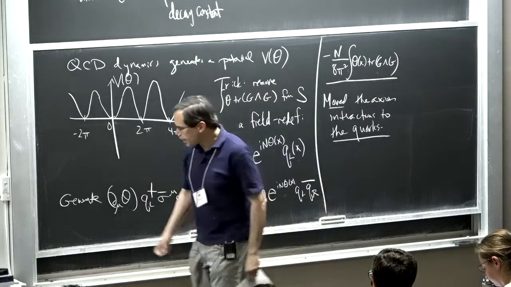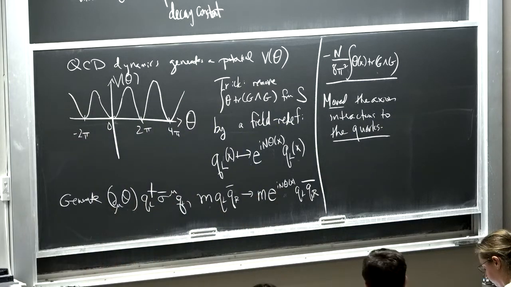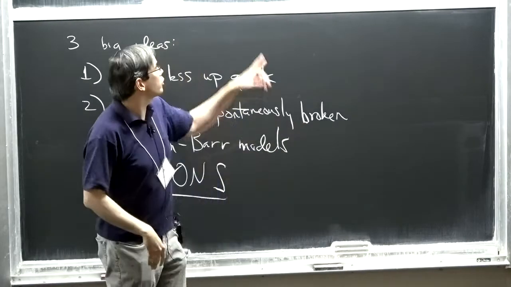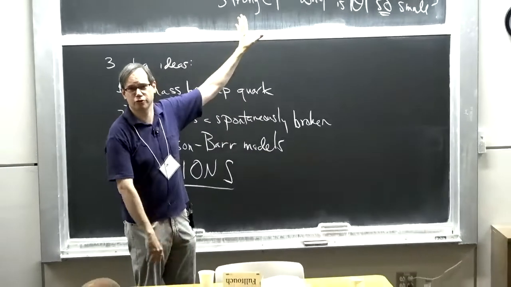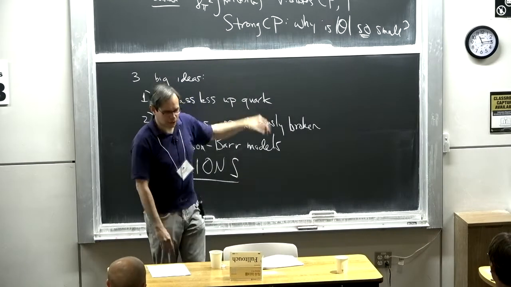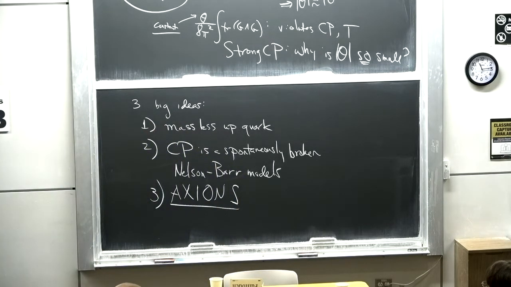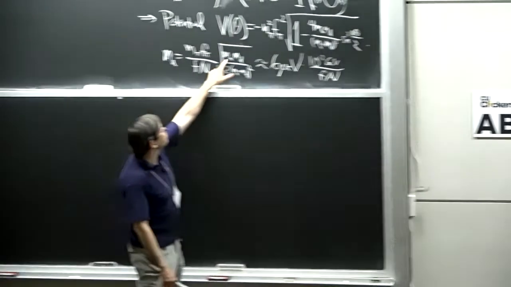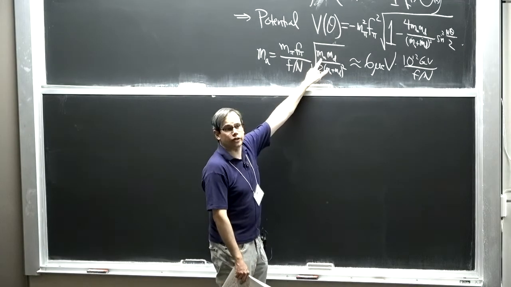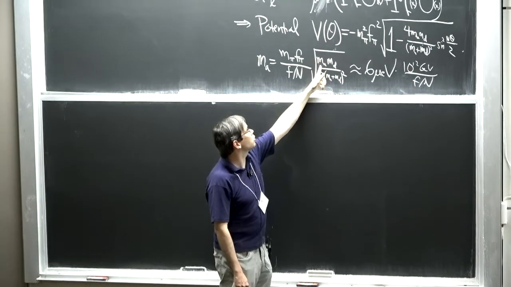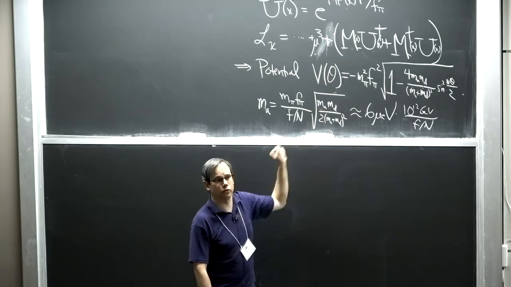And so whenever we have a massless quark, the theta term in our Lagrangian that we worried about for the strong CP problem basically becomes meaningless. It doesn't have any physical effect whatsoever. That's why if one of the quarks was exactly massless, we wouldn't have worried about strong CP in the first place. But because it seems like the quarks are not actually massless, we do worry about the problem. But that fact about the quark masses sort of reappears here. When you calculate the axion mass carefully, you see that it's proportional to something involving the quark masses.